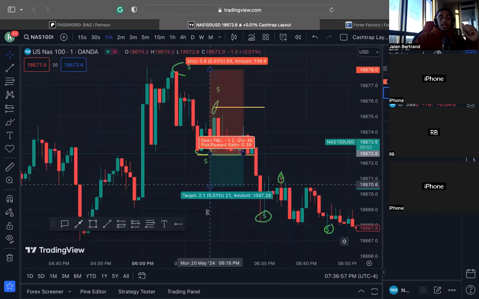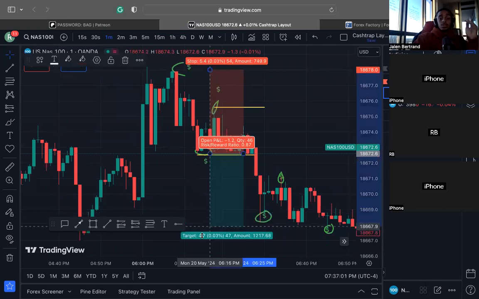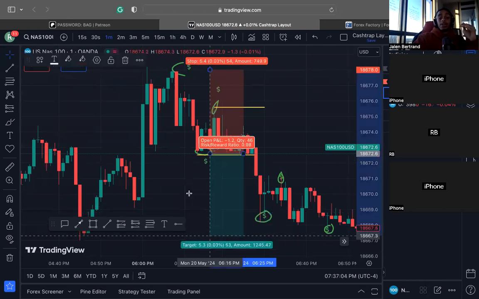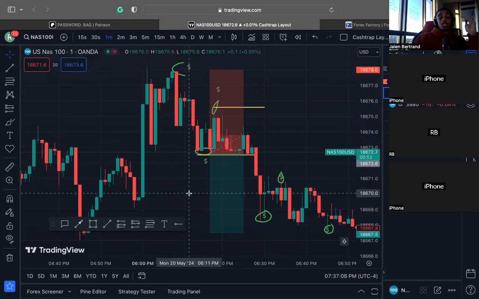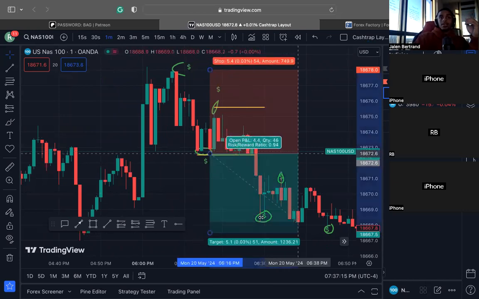Now, a take profit is the opposite of it. A stop loss stops you from losing all your money. But what a take profit does is it stops it once it hits a certain point and it takes you out with your money. So we'll see, just like how we see how price